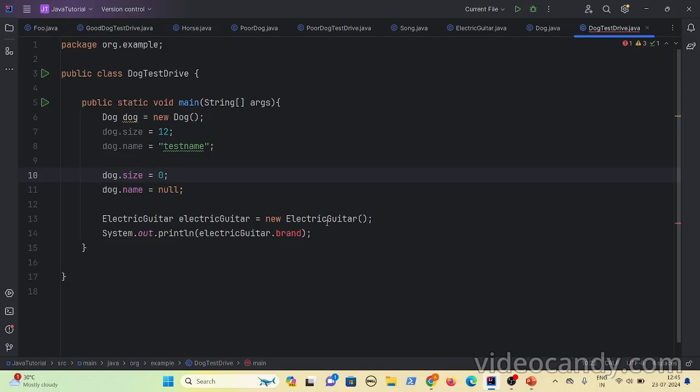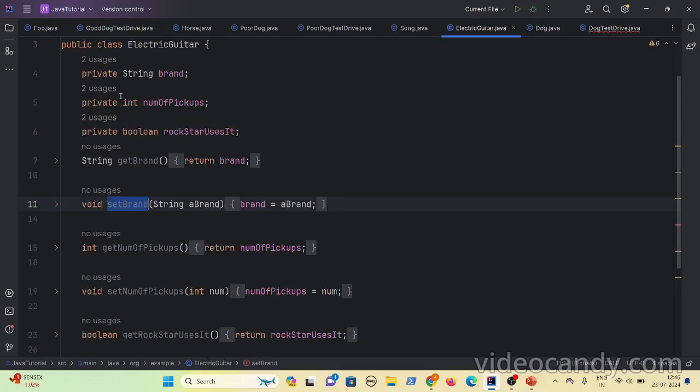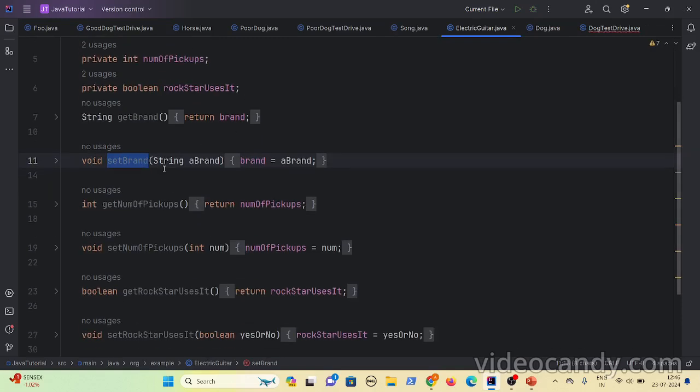You can't set a value and you can't get a value either. You might think that setting the value can be dangerous, because if you allow write access to the brand or the instance variables, any faulty developer can misuse it, but surely anyone can get the values, right? No, it doesn't allow that either. When you make this variable private, you can't set the value and you can't even get the value. So the way is you add setters and getters.